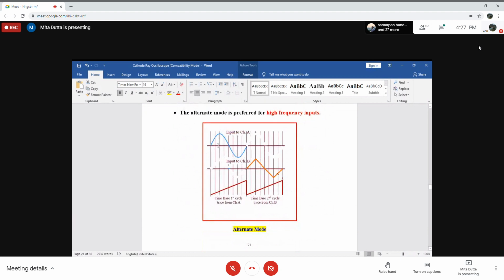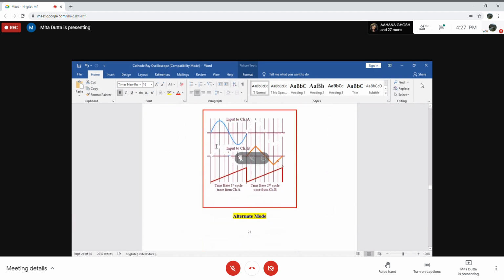First it will connect input A, next it will connect input B. For the first sweep, the waveform of input A will be shown on the oscilloscope screen, and for the second sweep the second signal will be displayed on the scope screen,